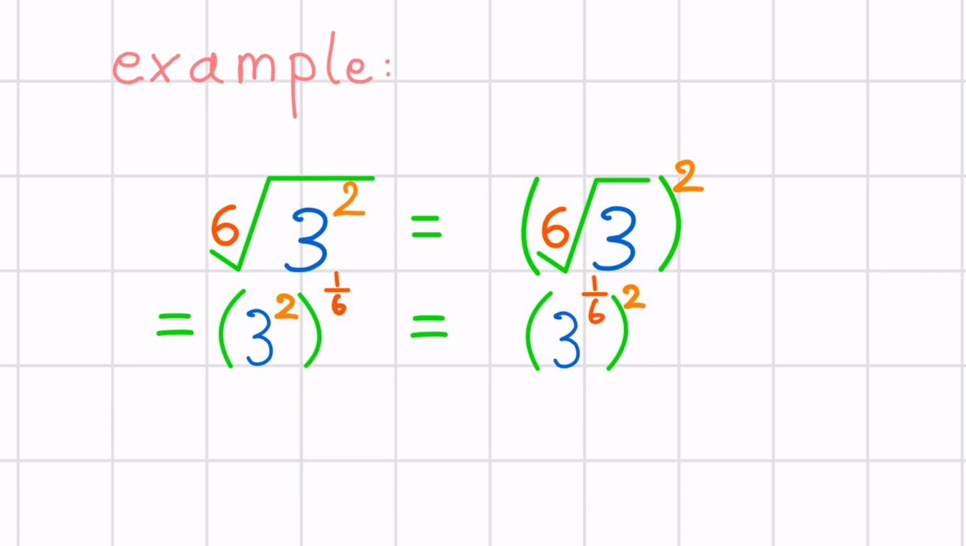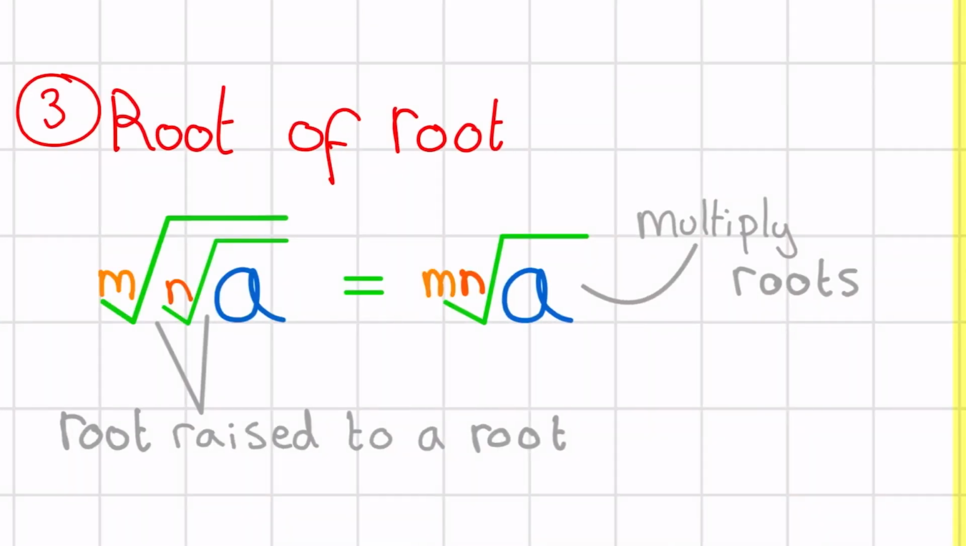It doesn't matter if I have 2 on the right side or the left side, because the order doesn't matter when you're multiplying two things. So I can rewrite this as this. So as you can see, the order that you take the root or you raise it to a power does not matter. The third rule states that if I have root m of root n of a,